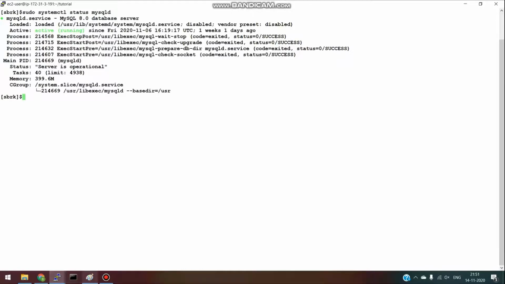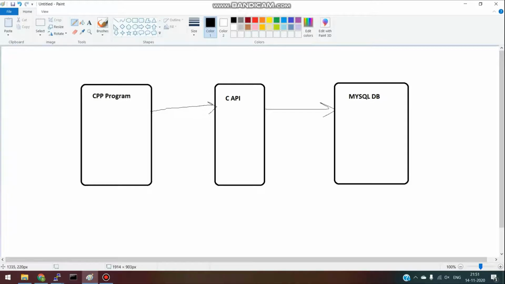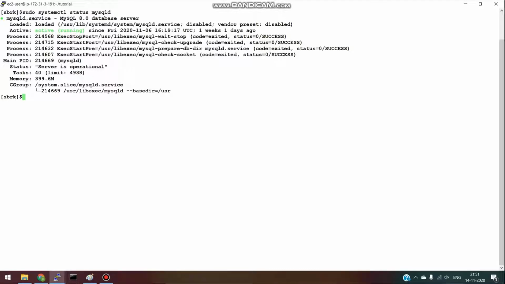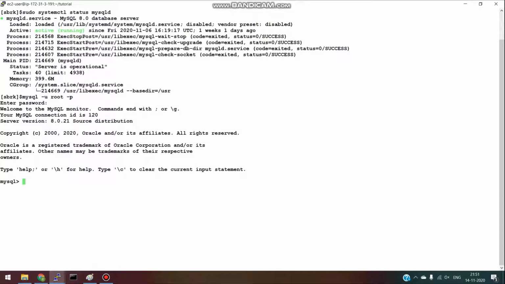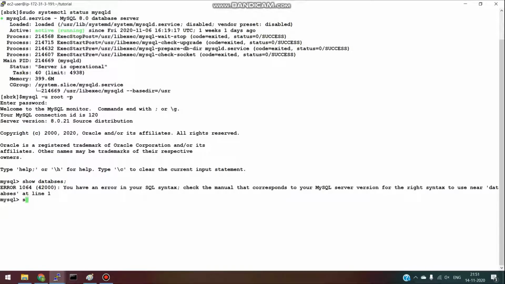Before we access the MySQL database, we should first create a database and we should also create a table that we will access from our C++ program. So let's do that. First we will log into the MySQL server. So first let's see that we have the default database.